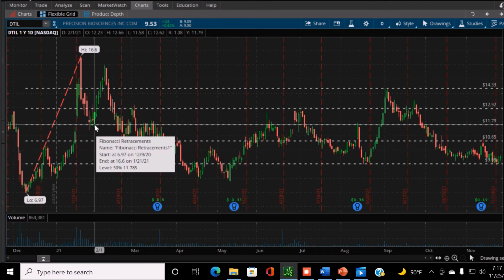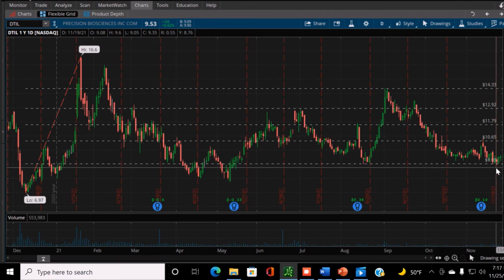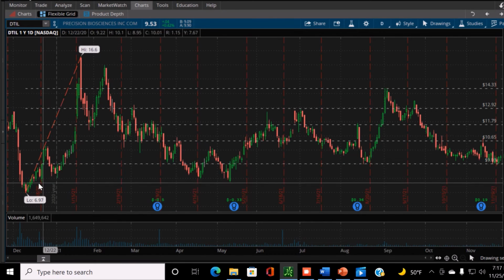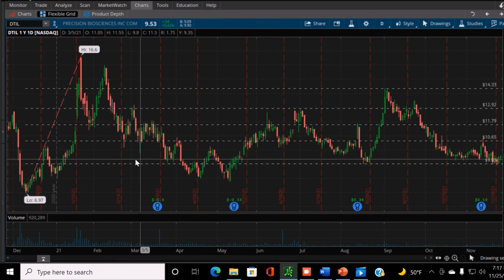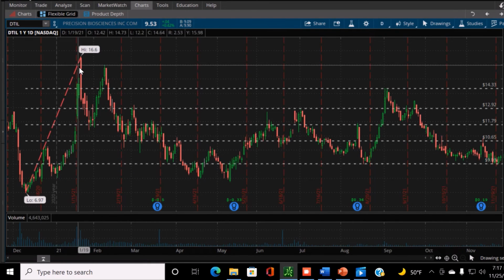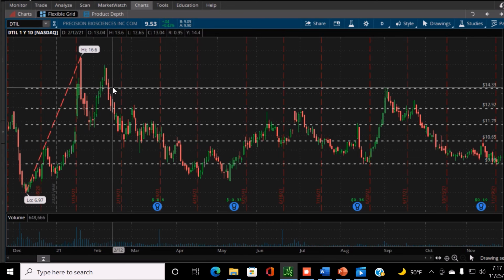And as you can see now, look, this is on a day chart. We're almost a year in the future, and it's still respecting these boundaries that are laid out from a trend almost a year in the past. You know what I mean? That's mind-boggling to me that you can use the trends from a year ago to try and gauge what's next. It's just so easy how it draws the lines for you too.